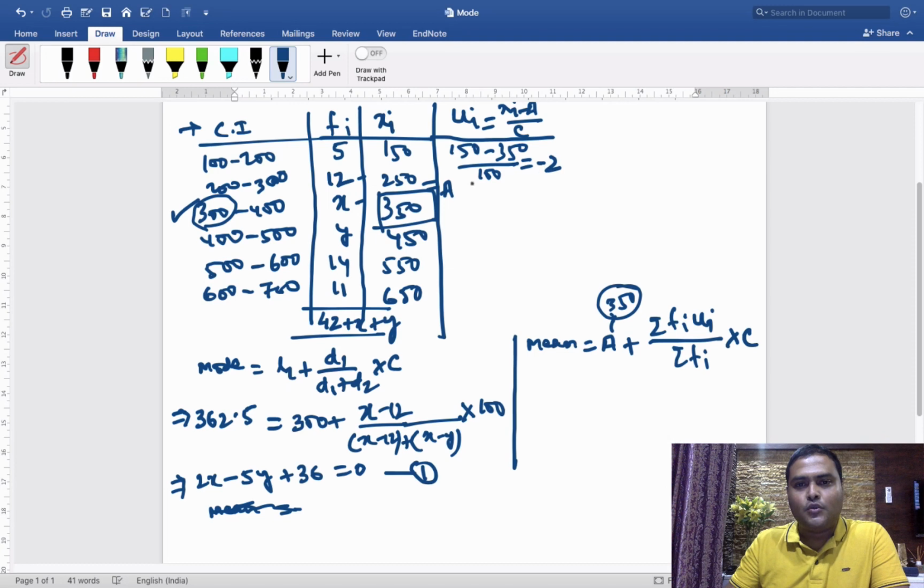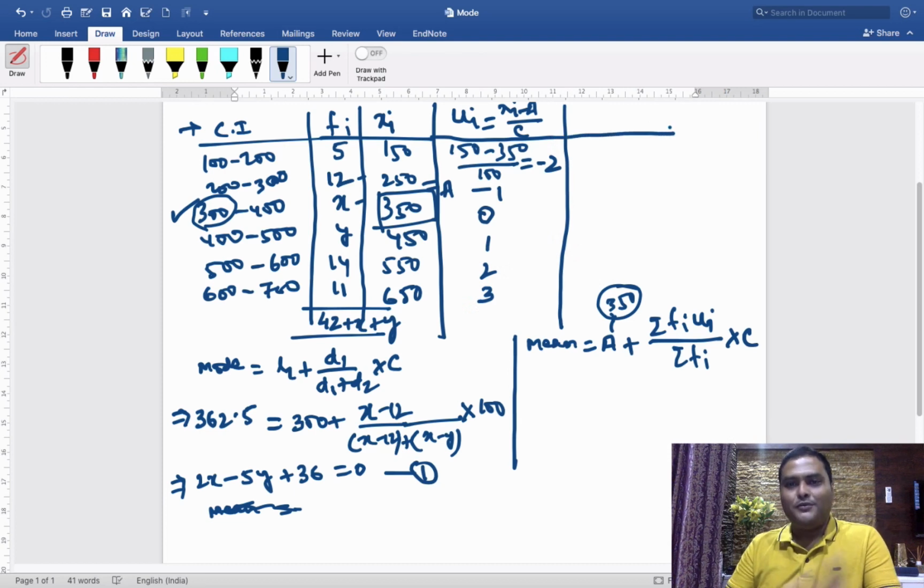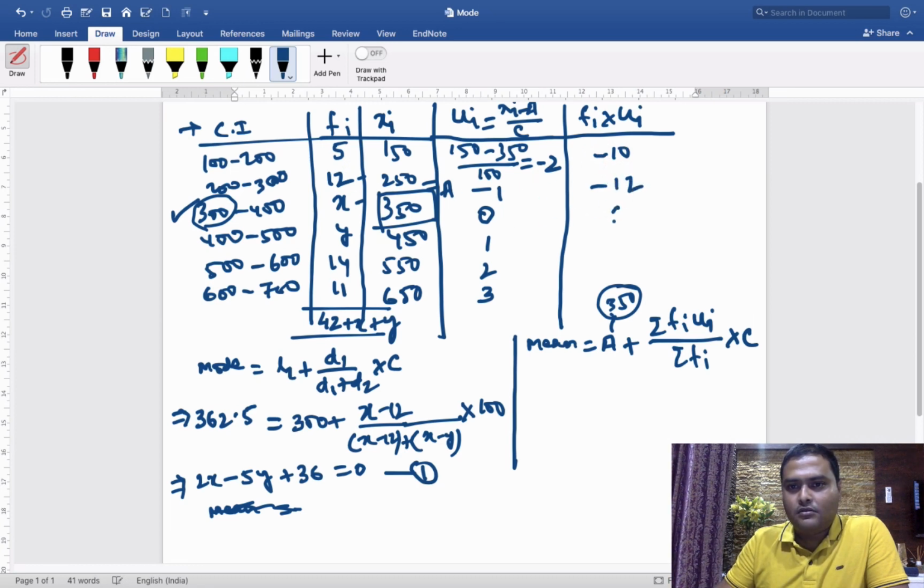So if it is minus 2, then this will be minus 1, this is 0, this is 1, 2 and 3. Easy. Hope you could remember the formula we used previously at the time of giving the concept of arithmetic mean for grouped frequency data, right? So now we need to multiply fi into ui. So ui is minus 2 and fi is 5. So 5 into minus 2 is minus 10. Similarly minus 1 and 12, minus 12, 0, 0, 1 into y, okay, 1 into y, y,